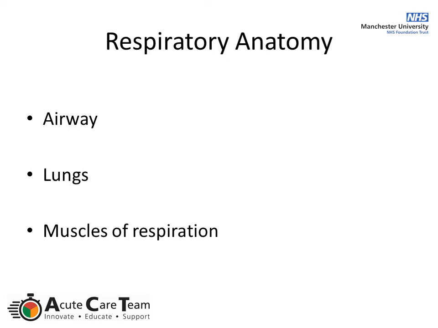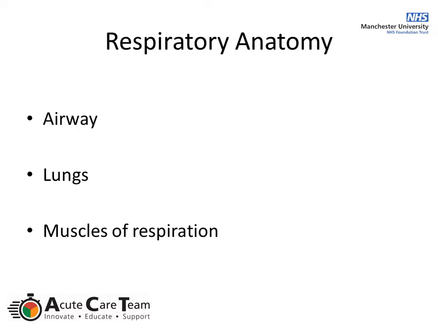So why do we need a respiratory system? The cells of the human body require a constant stream of oxygen to stay alive. The respiratory system provides oxygen to the body's cells while removing carbon dioxide, a waste product which can be lethal if allowed to accumulate. There are three major parts of the respiratory system: the airway, the lungs, and the muscles